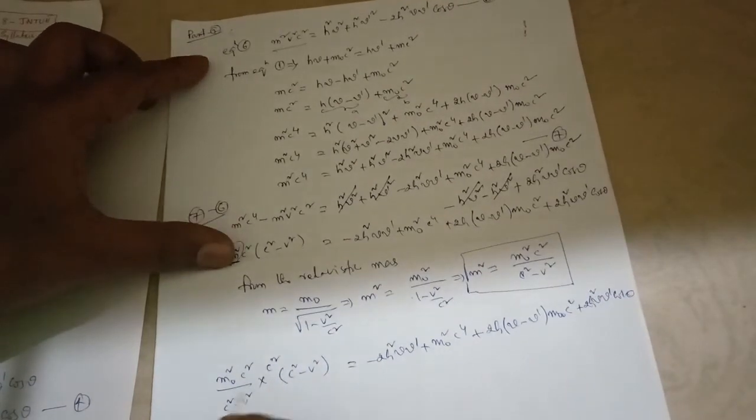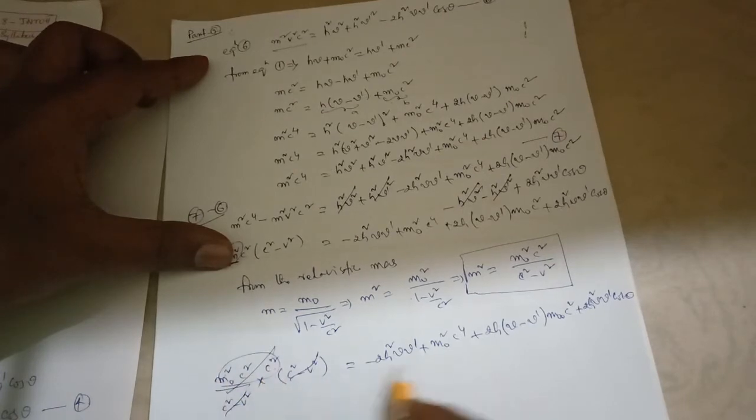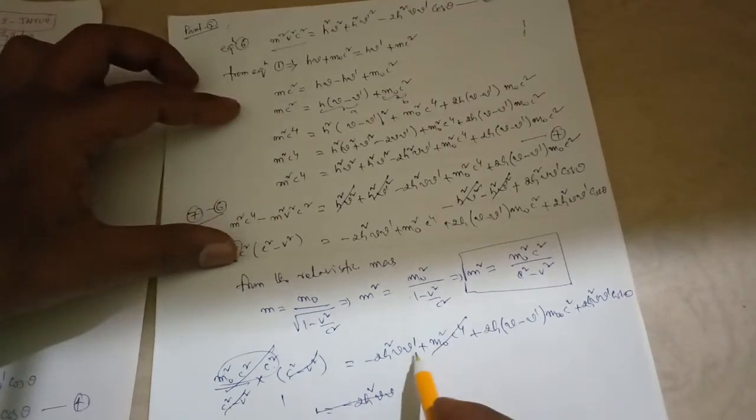Clear? So this and this gets cancelled, numerator and denominator. m naught square c square and c square is nothing but c power 4. m naught square c power 4 and m naught square c power 4 get cancelled. Here there is a 1. So 1 equals minus 2h square mu dash, or otherwise we can write it as, this term I am